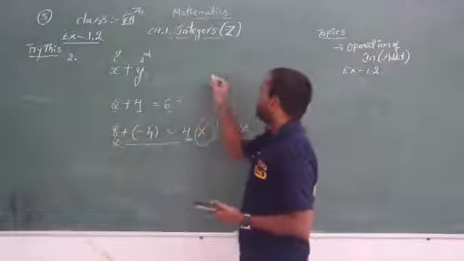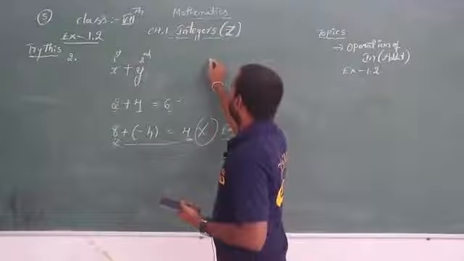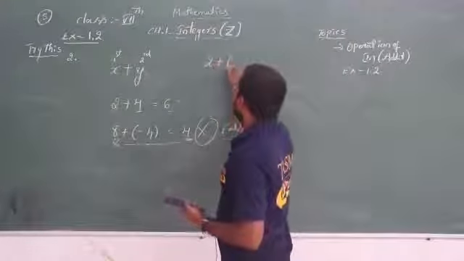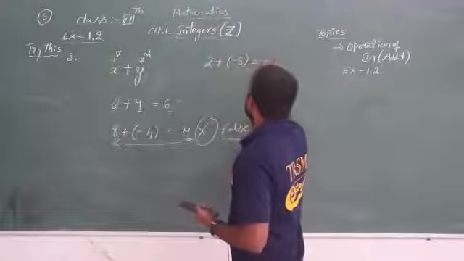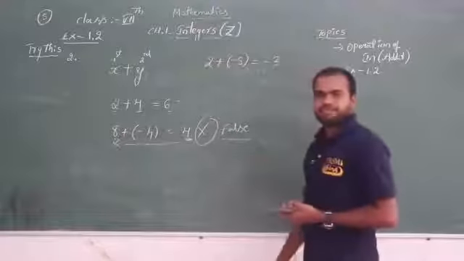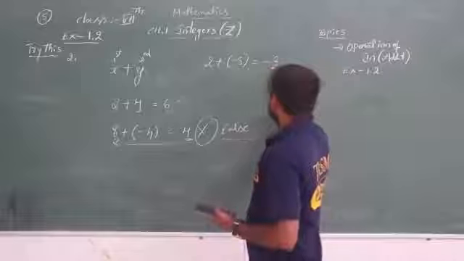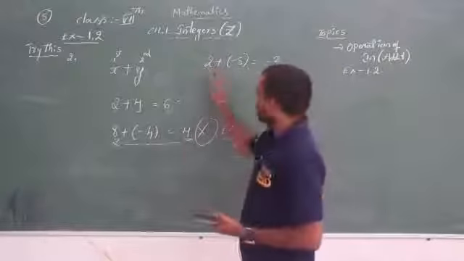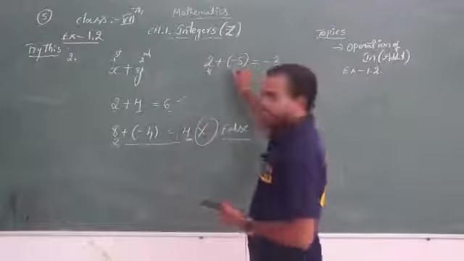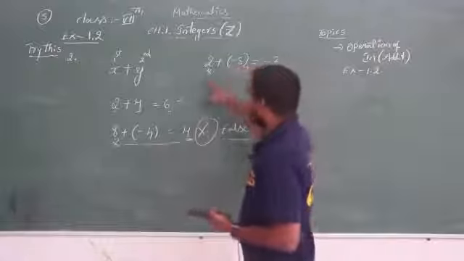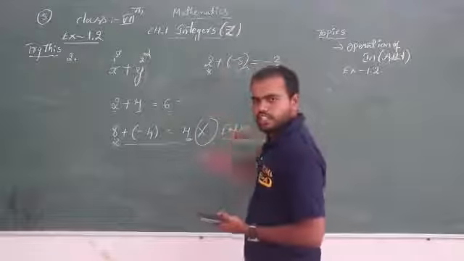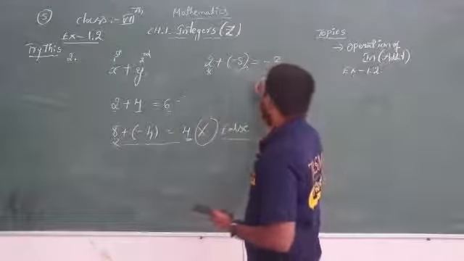Okay, so see one more example. I took one number as 2 and another number as minus 5. So what is the answer? You will get minus 3. Now, is minus 3 greater than 2? No. But is minus 3 greater than minus 5? Yes. But it is not greater than 2. So whatever Sangeeta is saying is false.